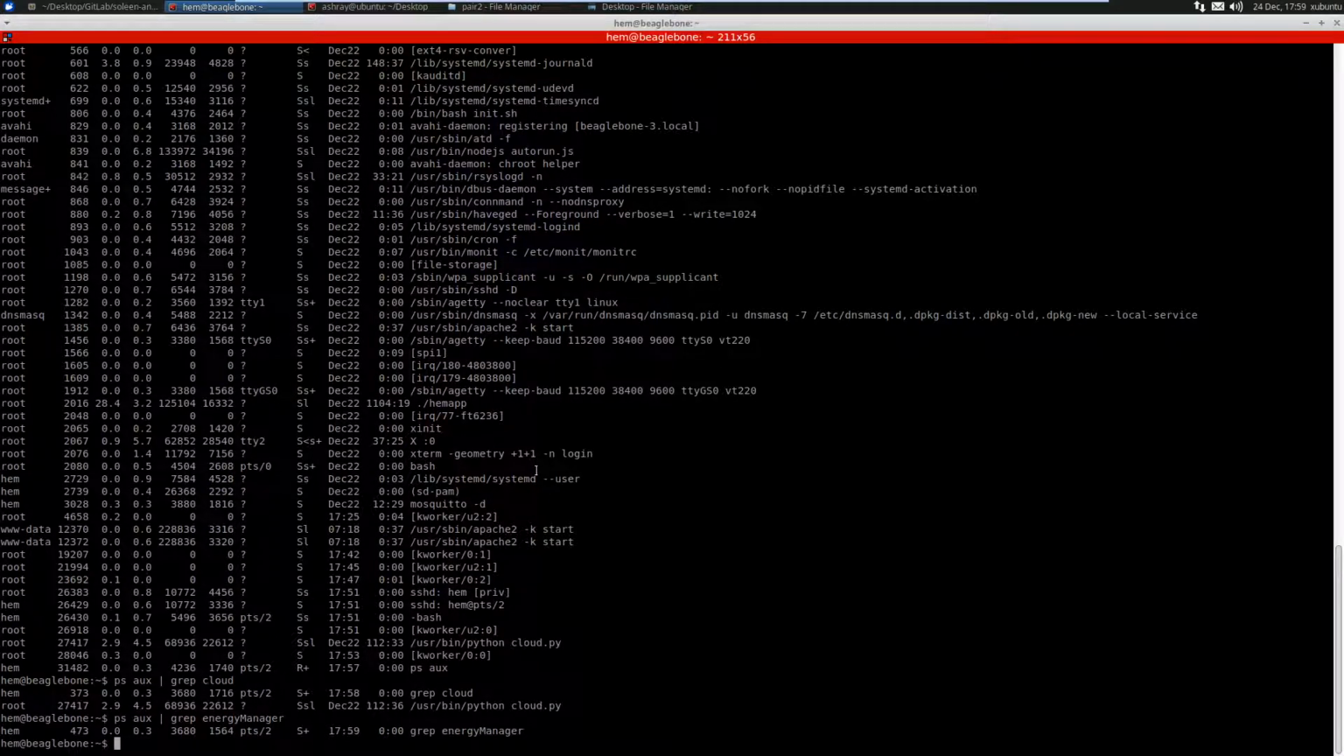So those are the two things. So we were able to log in. We checked if HEMApp is running. We checked if the cloud client is running. And the next thing is figuring out how to update HEMApp. So